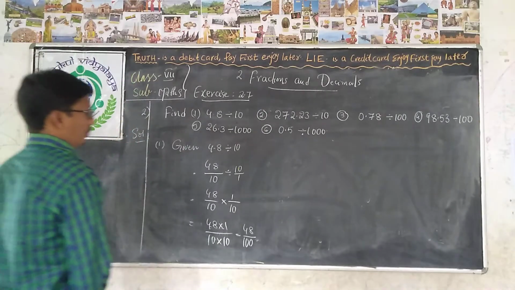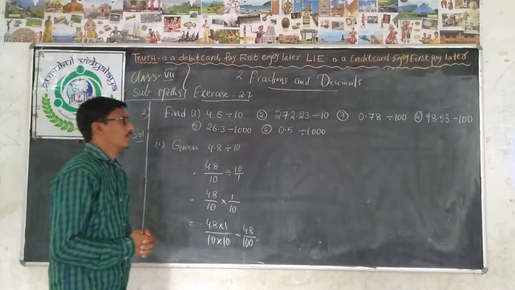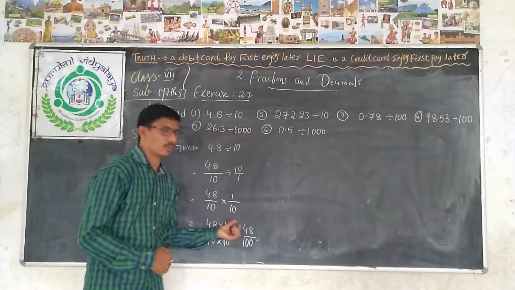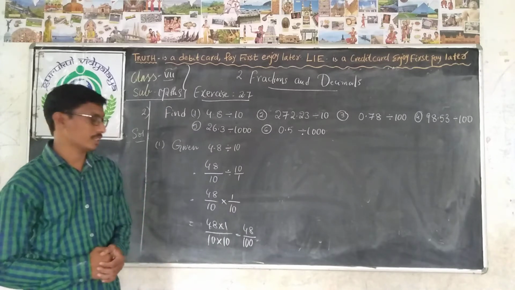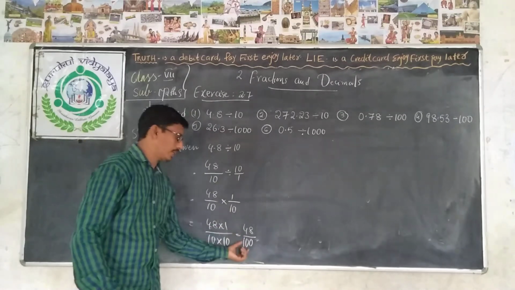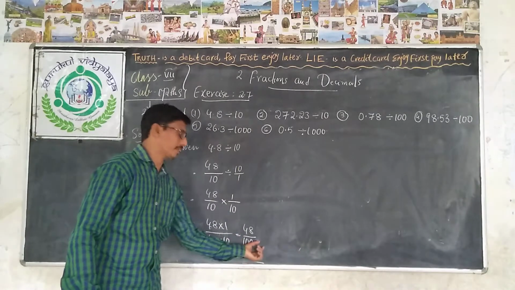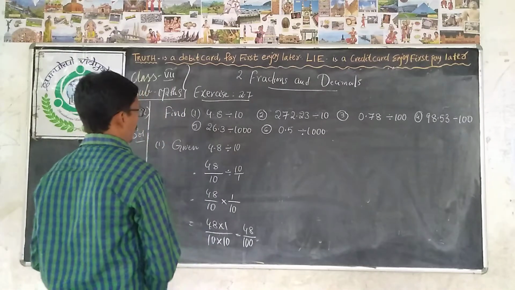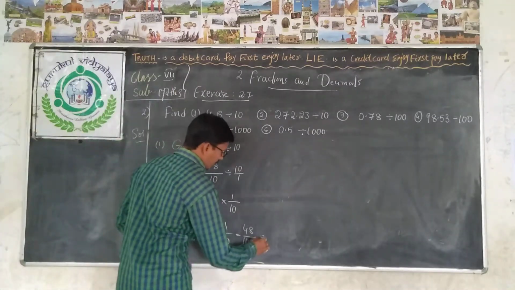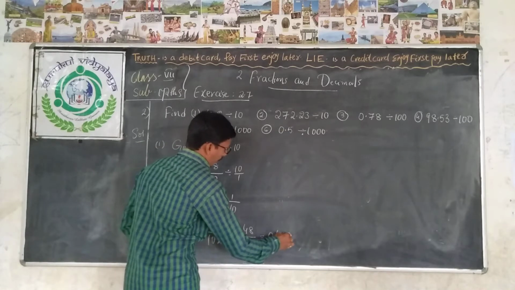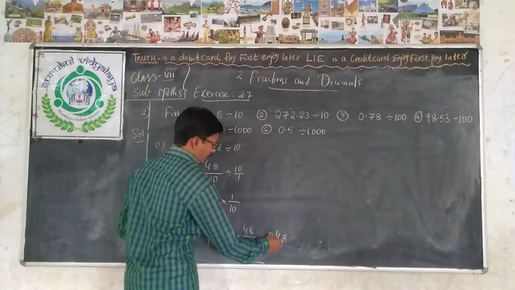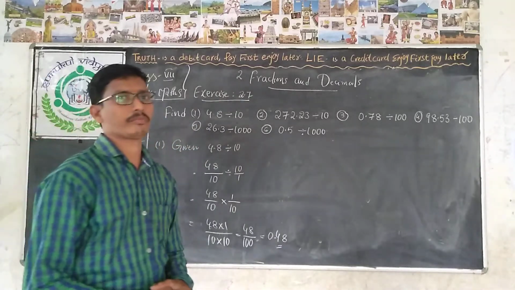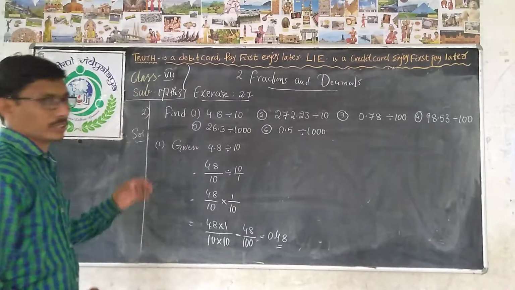But children, just observe here. Maximum you don't need to do the cancellation, because both numbers would go in the 2 table or 4 table, but that is not a problem. If you leave it like this, automatically you will get the answer in decimal form. So 48 by 100, what answer will you get? Totally 0.48. 2 digits up, you put the point. 0.48 answer will be got. Like this we can do these problems.